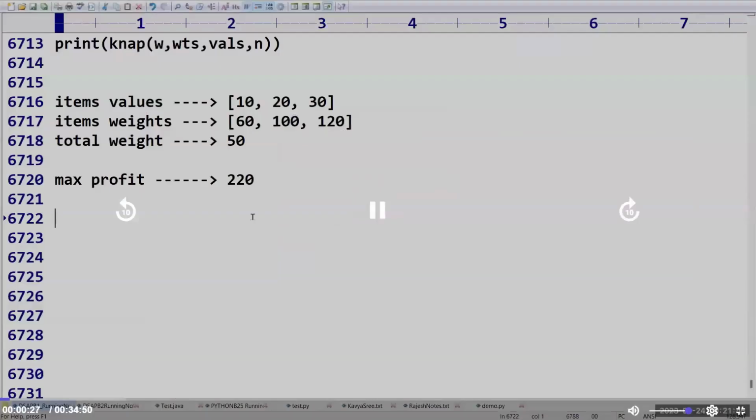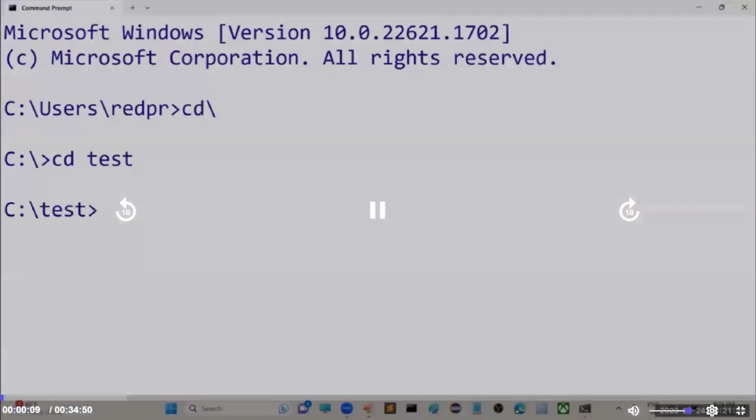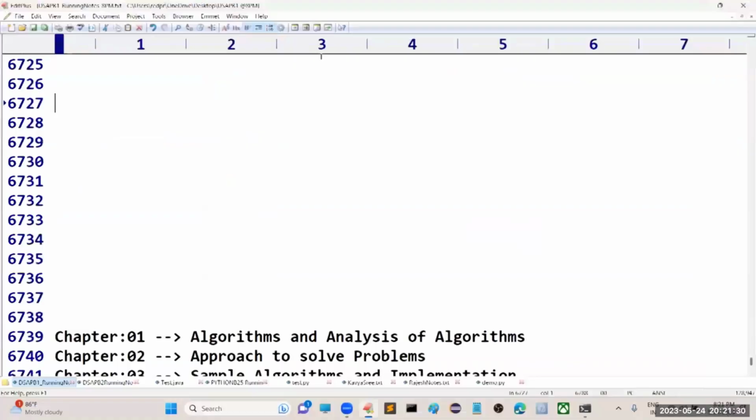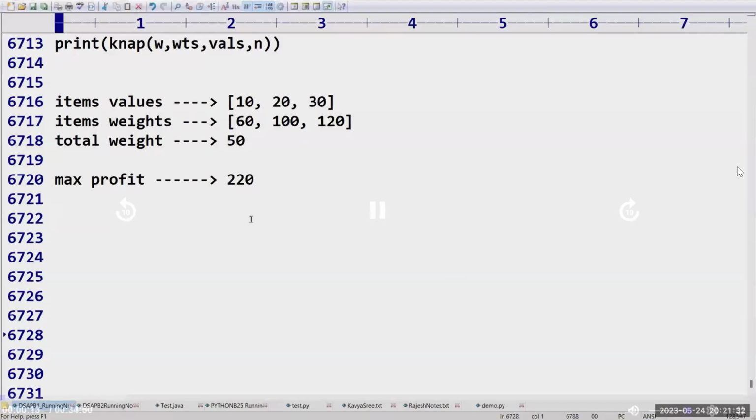The first application we covered is the Fibonacci sequence, and after that we